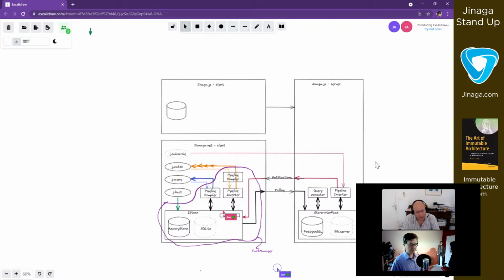So what do we do? Do we put it like that? I think so. That seems to make sense to me. The Fact Manager is the one class that knows how everything else works together.